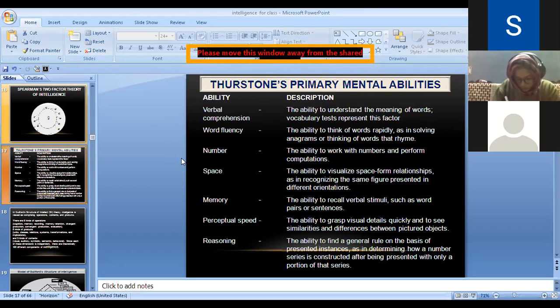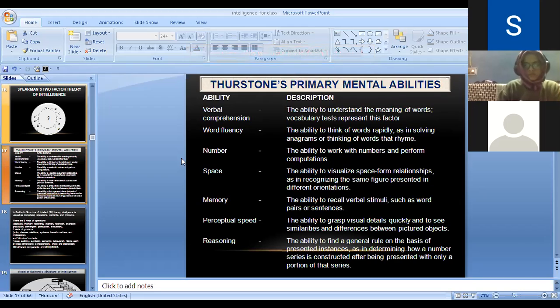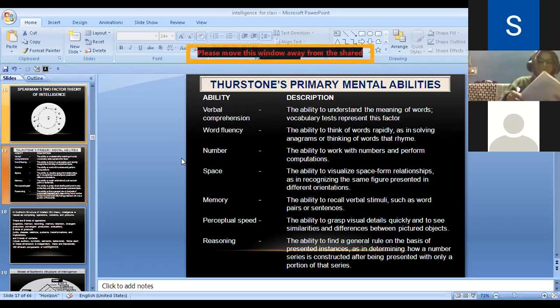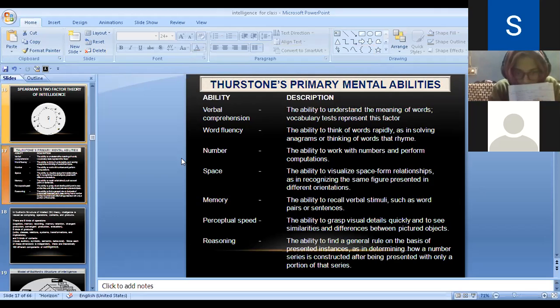Each factor measures one ability and the other measures the other ability. Now what were these 7 primary factors of mental abilities? One was verbal, the ability to understand the meaning of words, like how good you are on the language part. Then second was the comprehension. Vocabulary tests represent this factor, and first is verbal comprehension itself. Verbal comprehension tells you the ability of the person to understand language. When you give the instructions, that person comprehends, after reading,